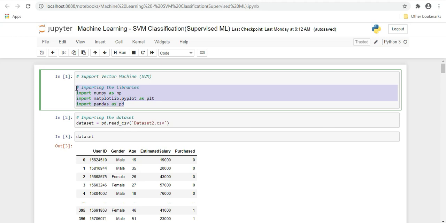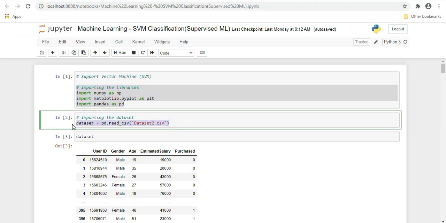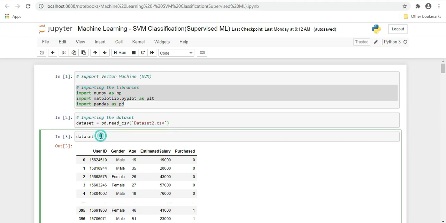This is our dataset: dataset equals pd.read_csv, and this is our dataset file, a csv. If you put this file in your default location, you don't have to specify a path, and if your file is in a different location, then you have to specify the path. So after loading this dataset, this is our dataset.